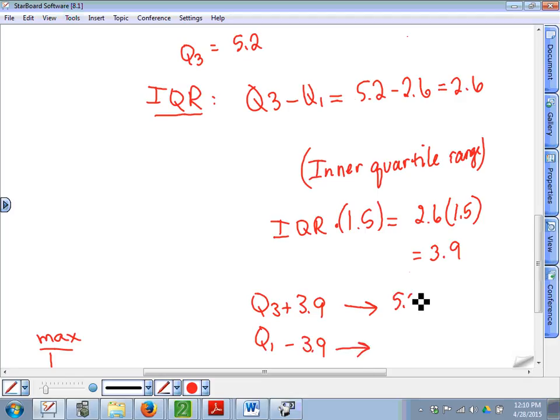So Q3 is 5.2, and if you add 3.9, what do you get? That's your boundary. Any number bigger than 9.1 would be considered an outlier. So is 9.8 an outlier? Yeah. What about 9.0? No. Even though 9.0 seemed like it didn't belong, it's really not considered an outlier. Now that's on the top side. On the bottom side,